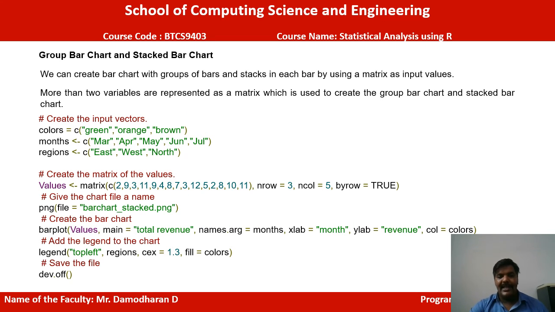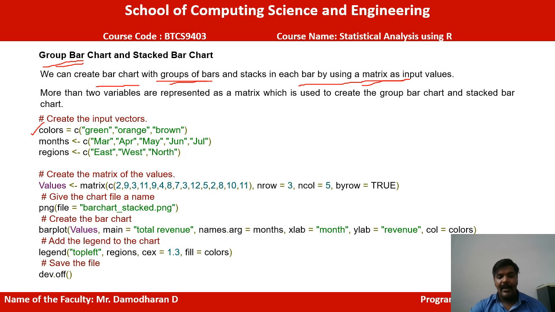From this example we can say group bar. What is a group bar? From a single bar, we divide it into equivalent parts. So we use 3 or 4 colors in the single bar. We have to see them one by one. So first, the bar can be created as a group bar. It is used as a matrix representation for the bar.